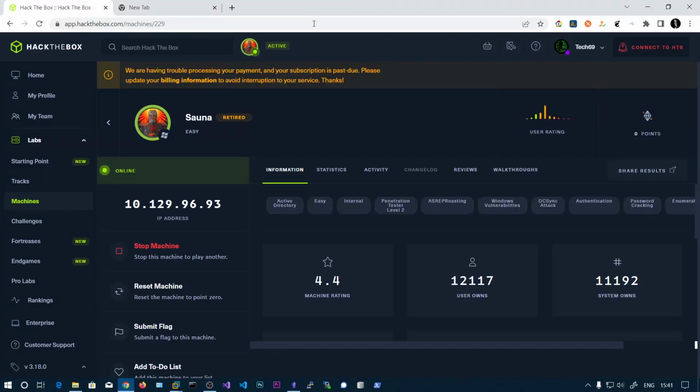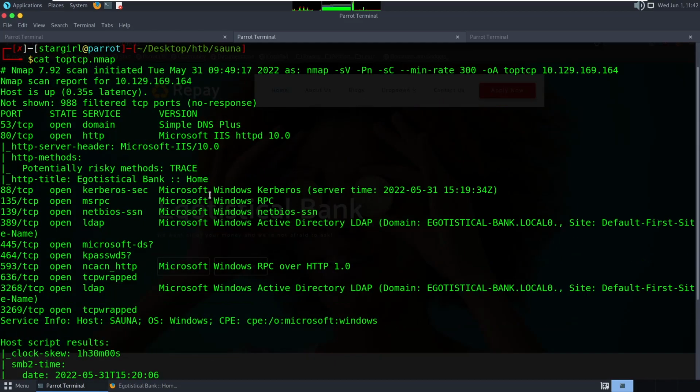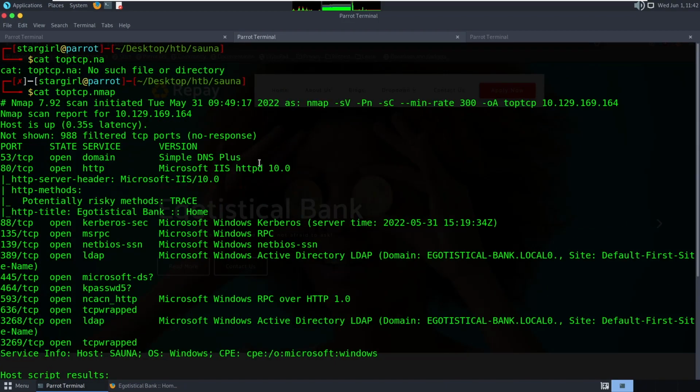So in this video we'll be doing the Sauna box from HackTheBox, and the IP address is 10.120.96.93. This changes according to the subscription. Let's see the nmap scan results. I have already done the nmap scan to save some time, and you can see the DNS server and the web server,